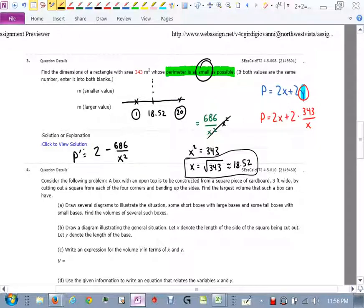So when I plug in 1, what happens here? Plug in 1, 686 divided by 1 is just 686. 2 minus 686, that's a negative number. That means my perimeter function is going down here. When I plug in 20, if you do 686 divided by 20 squared, I'm going to get that as a decimal. It's going to be 1.75. So 2 minus 1.75 is a positive number. So that means my perimeter function is going up, which means I do have a minimum value at 18.52, or